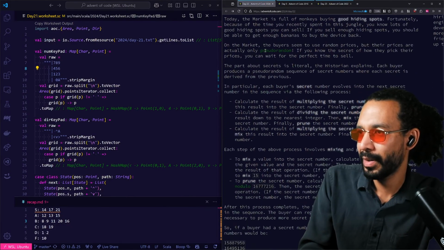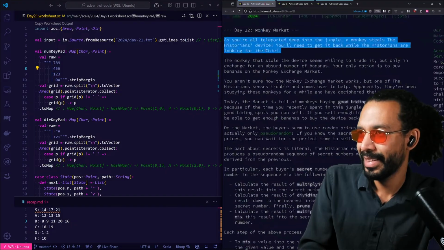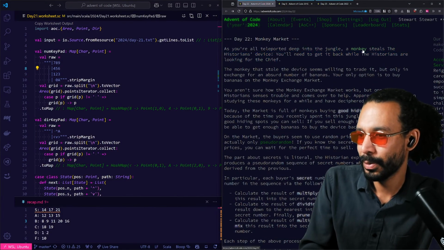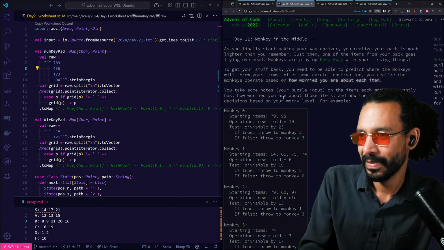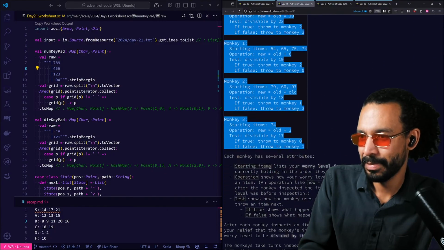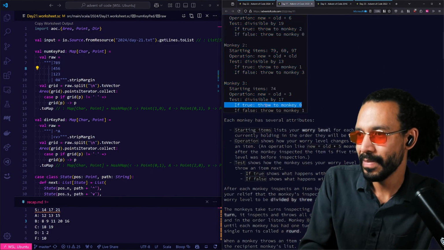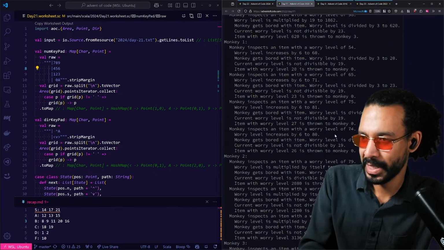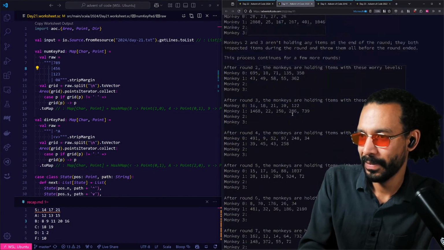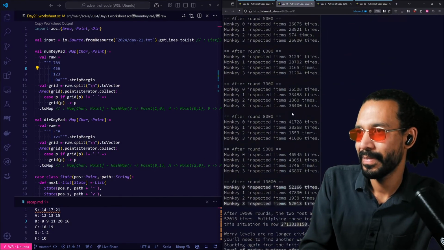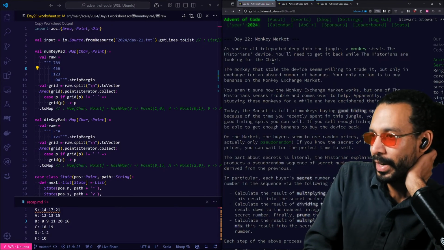And the monkey part. Yeah. Do you remember the monkeys problem from 2022, where all the monkeys are doing this math stuff? I thought this was pretty fun to parse. Anyway,